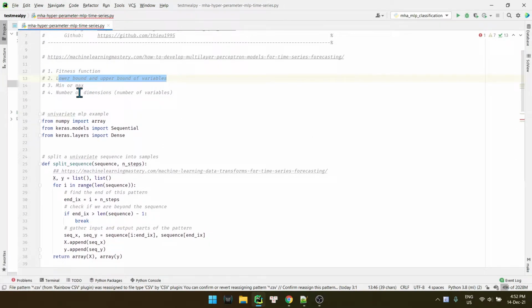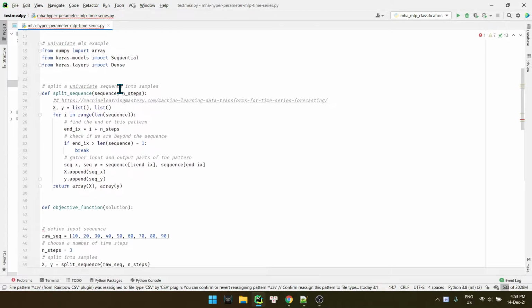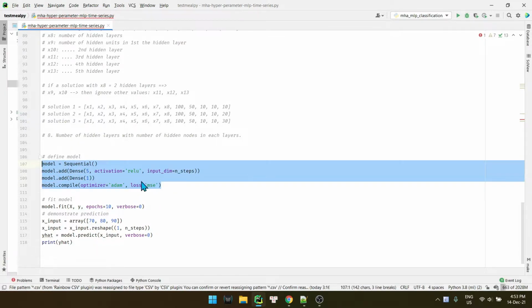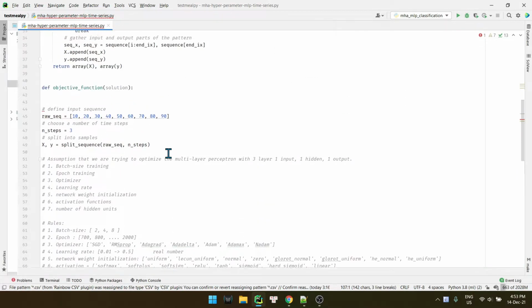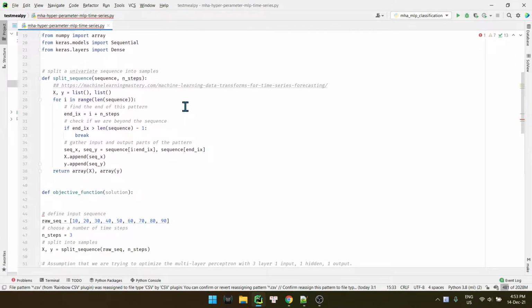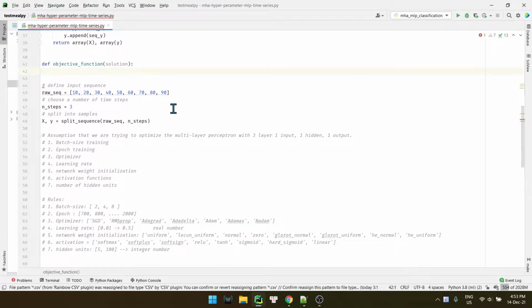This is done. The problem we are trying to solve is minimization, right? Because the loss function we use is mean squared error like this one, okay? So it is a minimization problem, and we need to design the fitness function. We already know that there are 7 dimensions. Now we need to know the fitness function, or objective function. Okay, let's go.